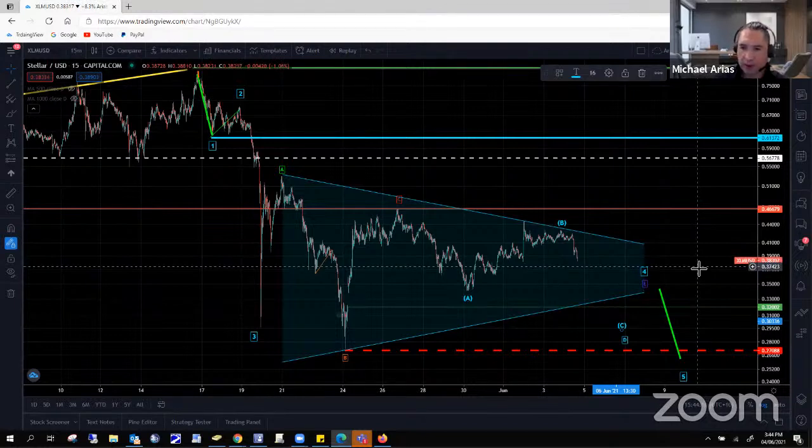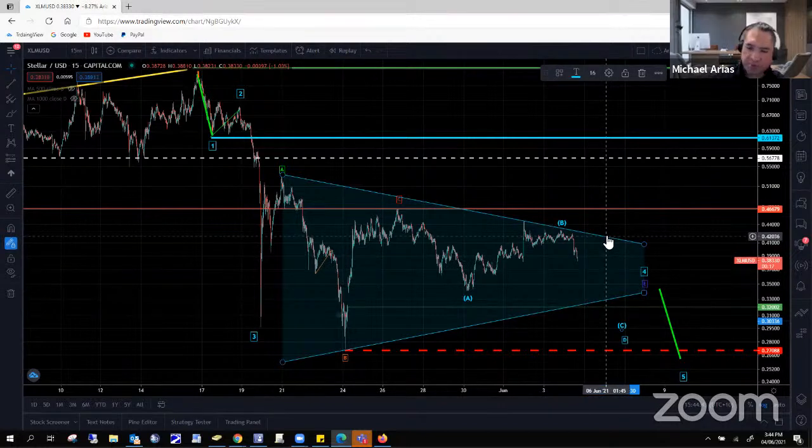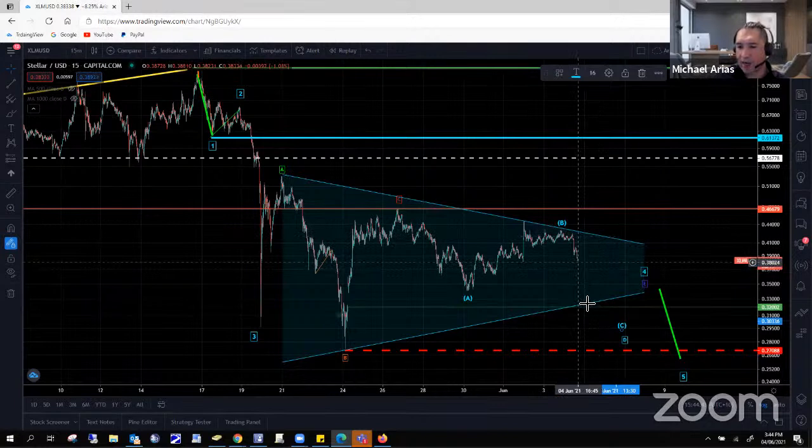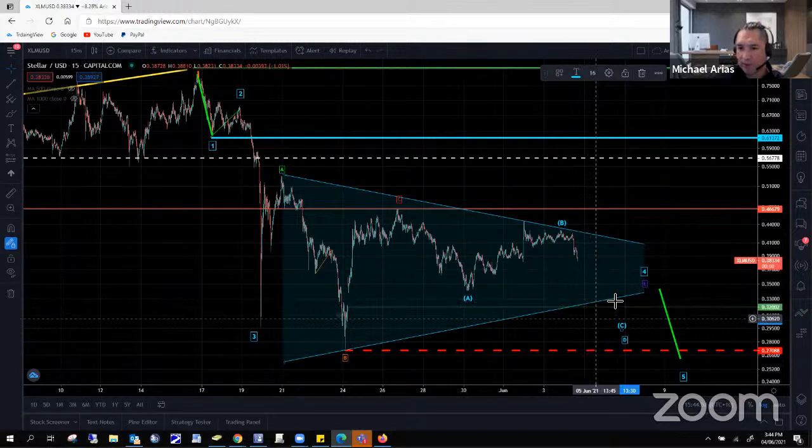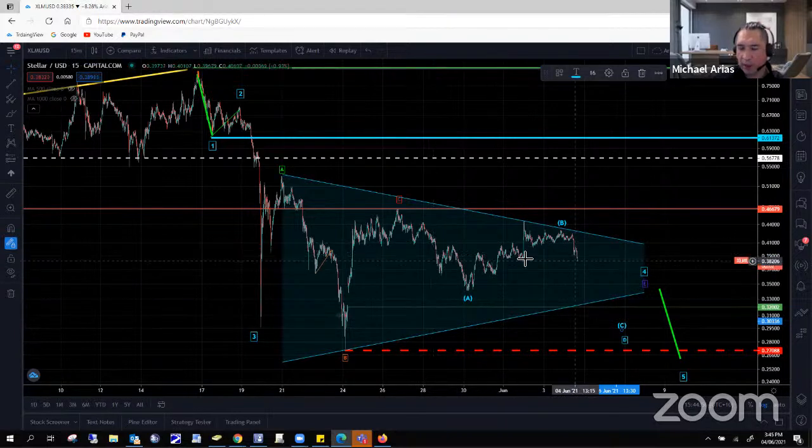But to me, the proof is in the pudding. The triangle is in play, but that's just because price is forming that particular shape, right? It doesn't mean that wave D will end at the bottom of the triangle. It is possible that it may, and it may just bounce within the triangle. That's possible, but it doesn't mean that it can't just go outside of the triangle and then bounce in wave E. So you can't predict these things. All you can do is look at the waves, understand what you're seeing,